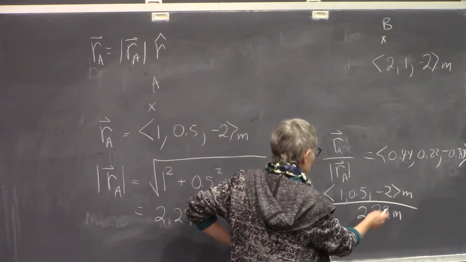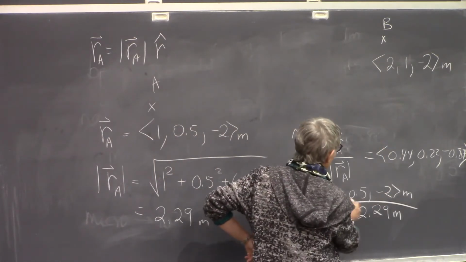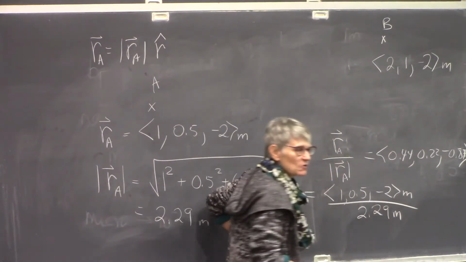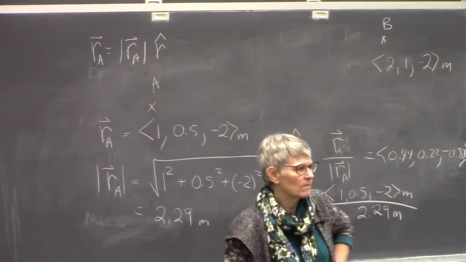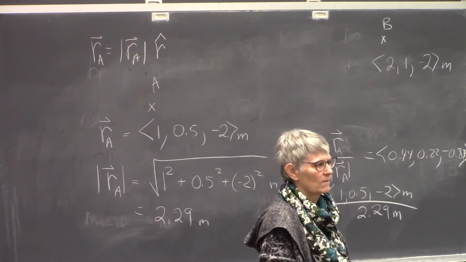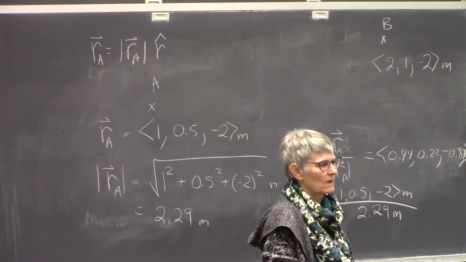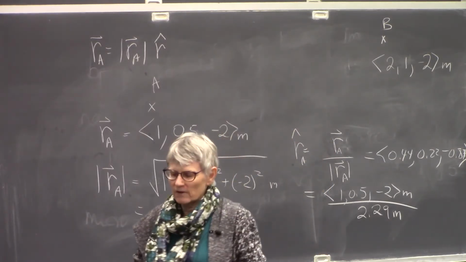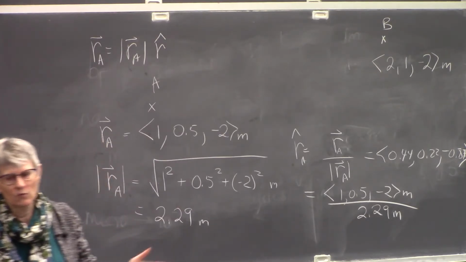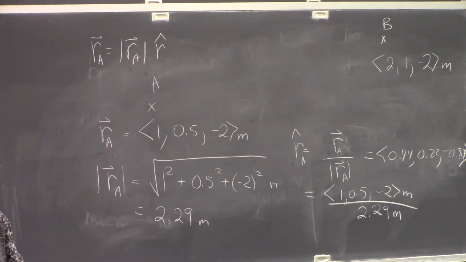So just to be clear, we got that result by dividing 1 by that, dividing 0.5 by that, and dividing -2 by that. Yes? And you can check by taking the magnitude of the unit vector. It should be 1. And that's absolutely right. So Flavia says you can check by taking the magnitude of the unit vector, it should be 1. So if you want to make sure you've actually gotten it right,